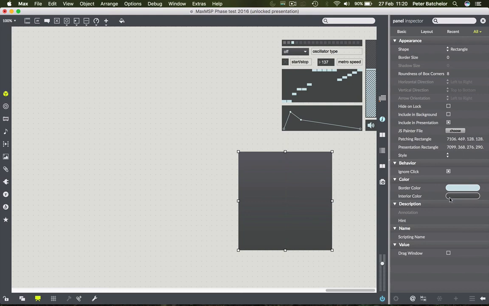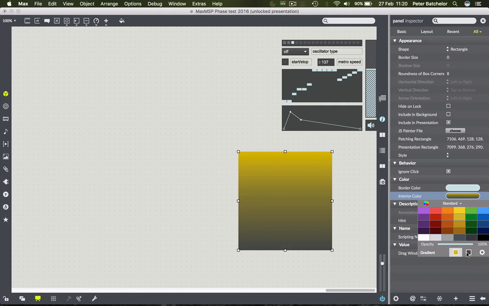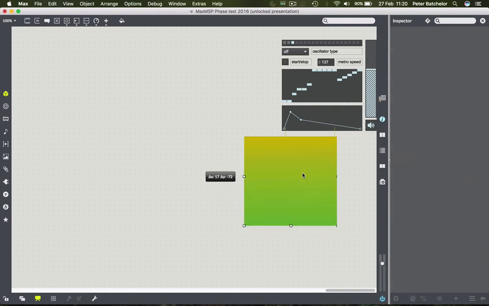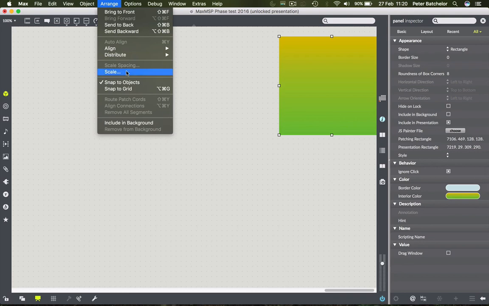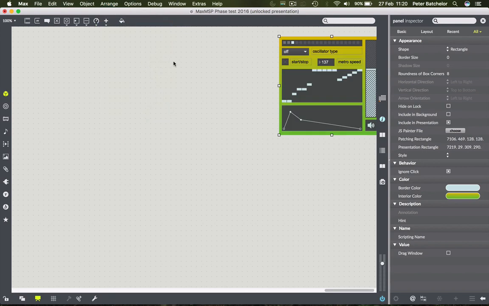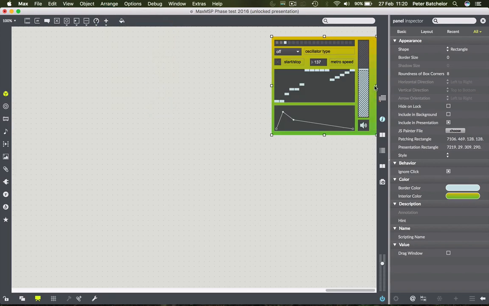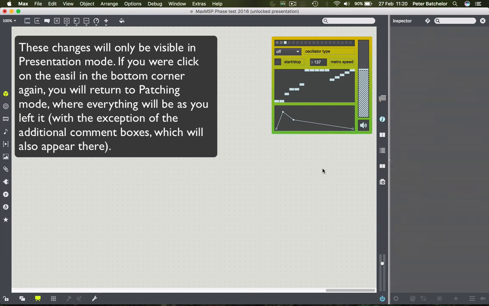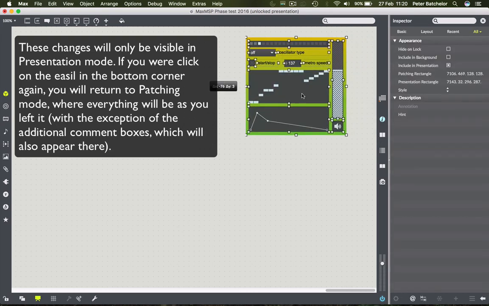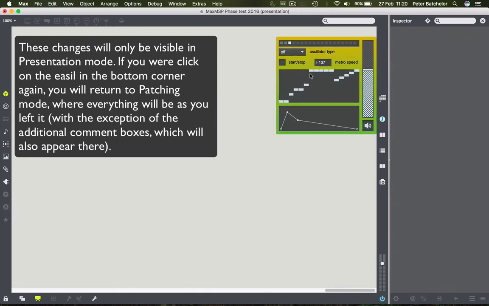I'm going to change the colour of that to make it interior colour, sort of those two colours. You'll notice that it's on top of all my objects at the moment. So if I go to Arrange, Send to back, then that puts that behind the rest of my objects. And I have what is a tolerable interface for my little instrument here. So I will talk about this more in due course, but you get the idea. This should provide you with a